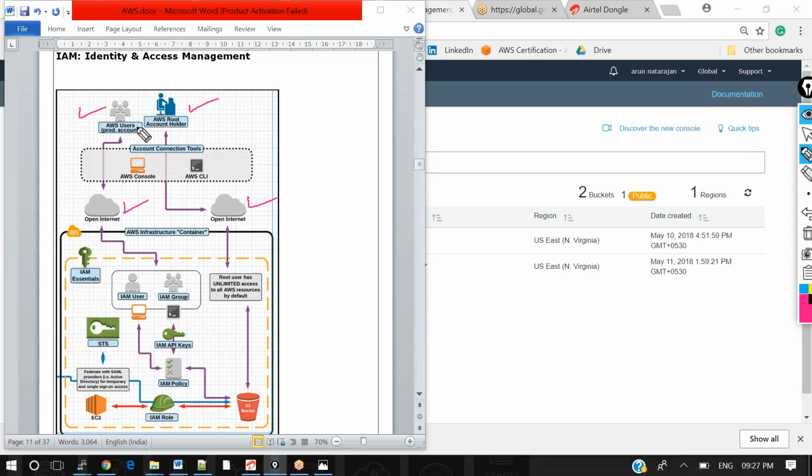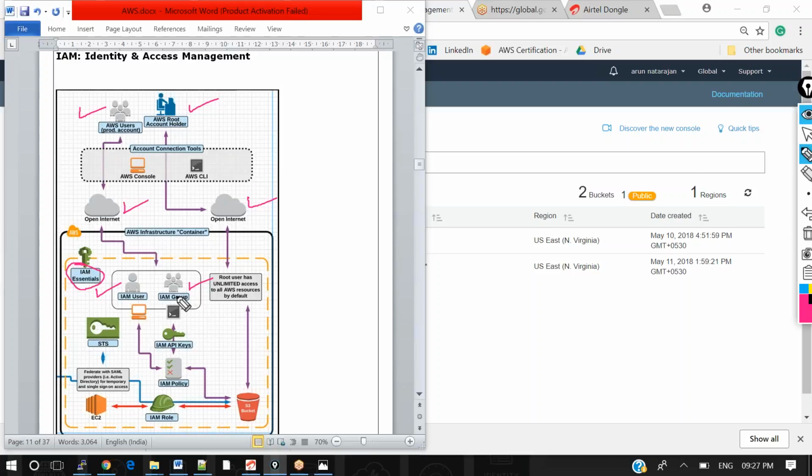Okay, so let's say the user is logging into the AWS console using an internet connection. Once he has entered into the AWS environment, first he will be using IAM, the essential method. Either he will be logging in as a user or he will be part of a group.